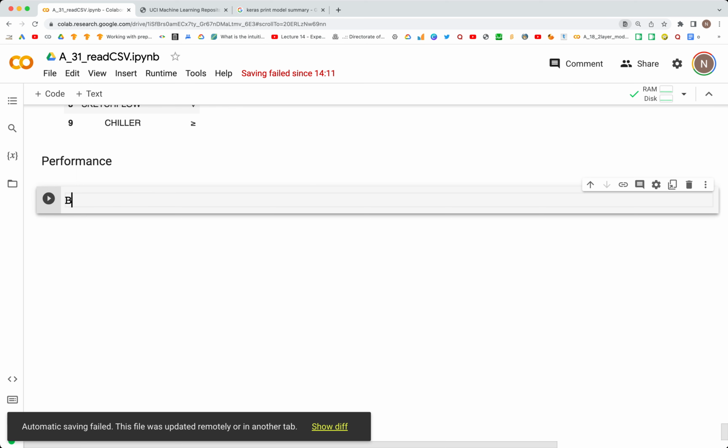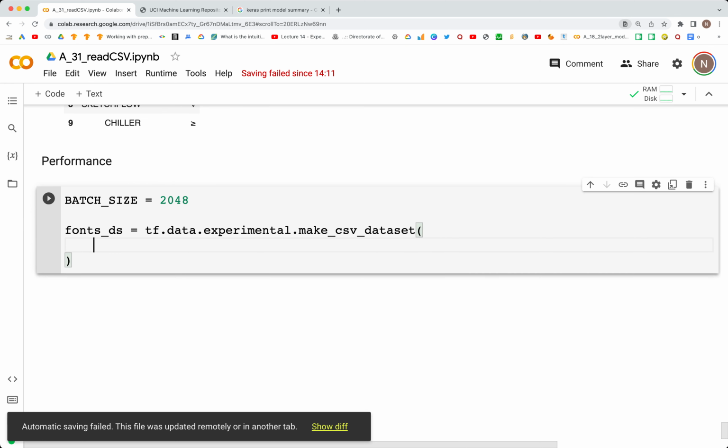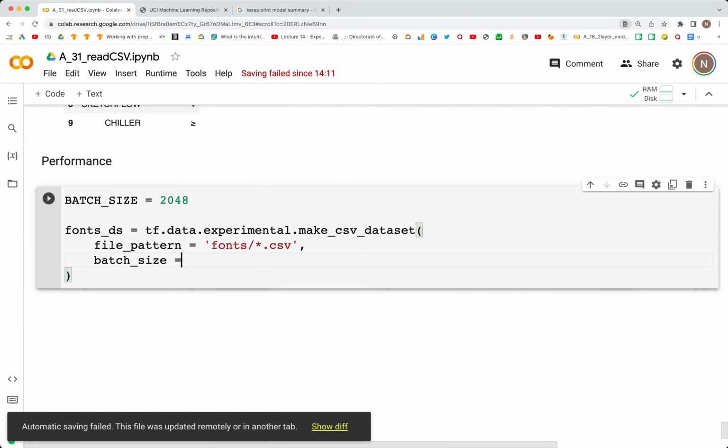So for that we'll use batch_size equal to 2048, fonts_dataset equal to tf.data.experimental.make_csv_dataset(), file_pattern equal to fonts/*.csv, batch_size equal to BATCH_SIZE, all uppercase, that we have defined above, and